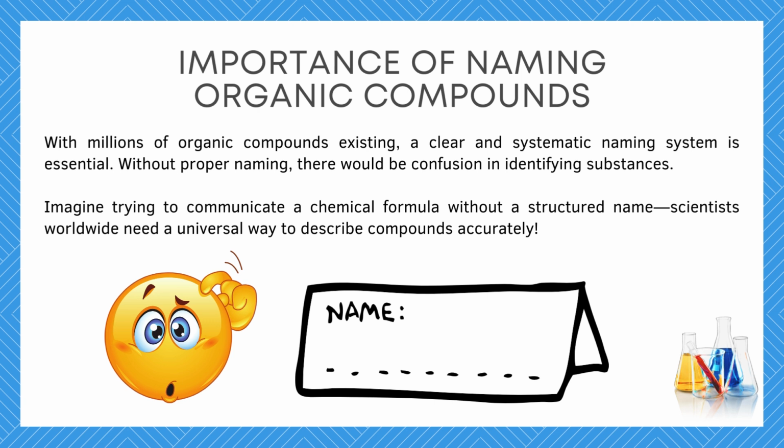All right, so let's look at the importance of naming organic compounds. What is it all about? Now, there are millions of organic compounds existing. So this makes a clear and systematic naming system essential, because without proper naming, there would be confusion